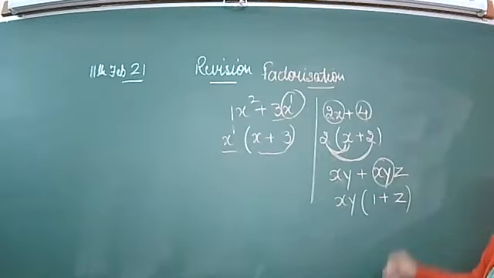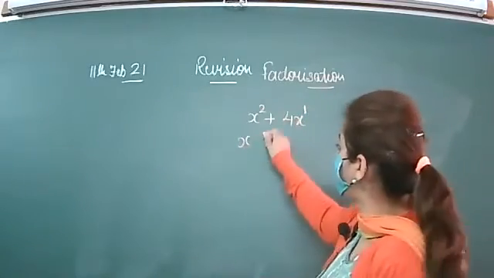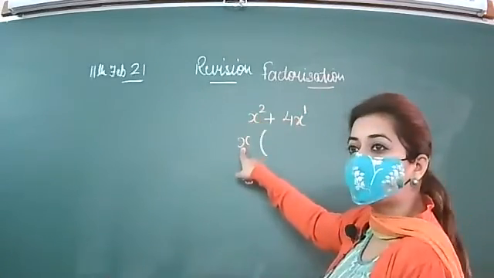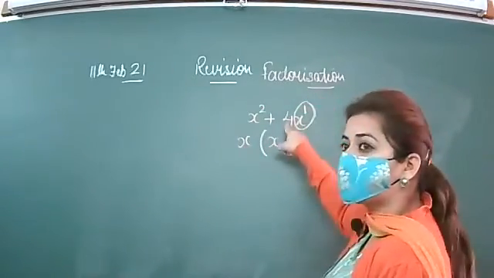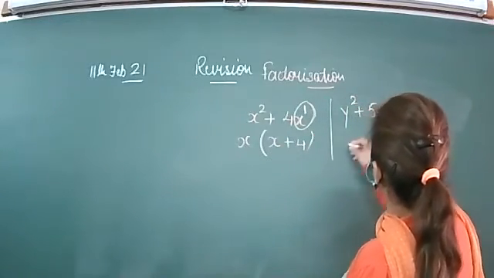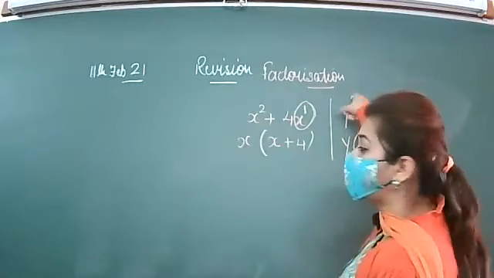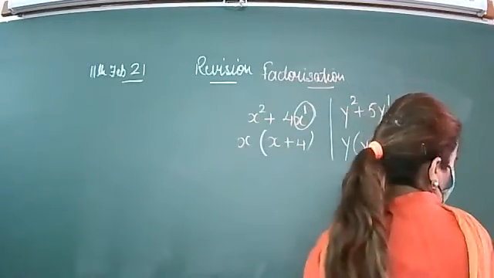Yes, look here. X square plus 4x. Take x common. Actually, whenever you talk about variables like x square and x, the smallest power is what you will take common. Which is the smallest? 1. X square was there, you have taken x common, so one more x is pending. Plus, as you have taken x common, what is left? 4. Similarly, y square plus 5y. Take y common. Here we have y square, and in this we have y raised to power 1. So y plus 5. Clear?